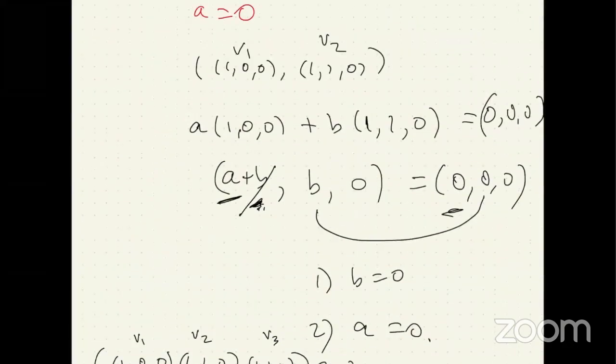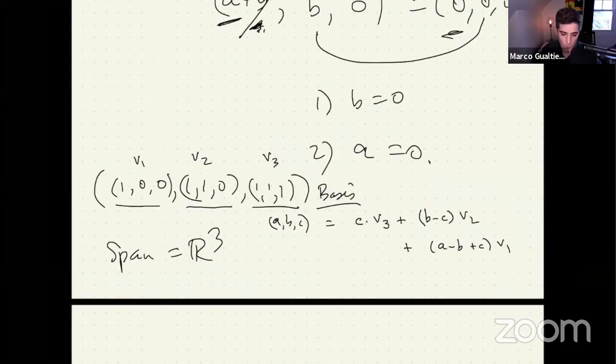So shouldn't the coefficient of V1 be just B minus B? You know what? It's not important. I'm just trying to give... it's good that you're checking, but